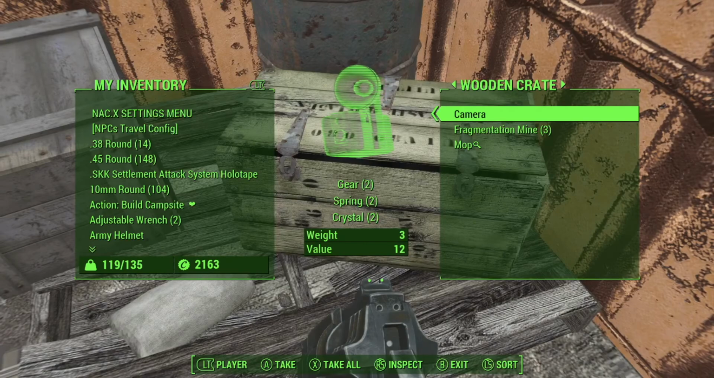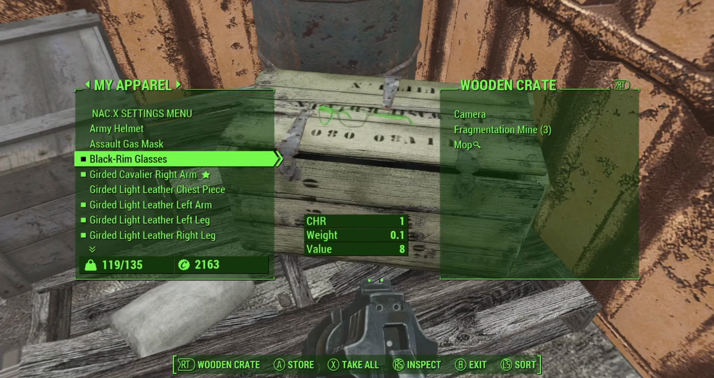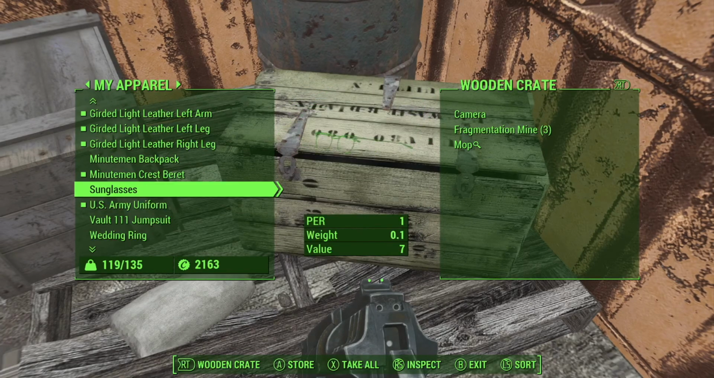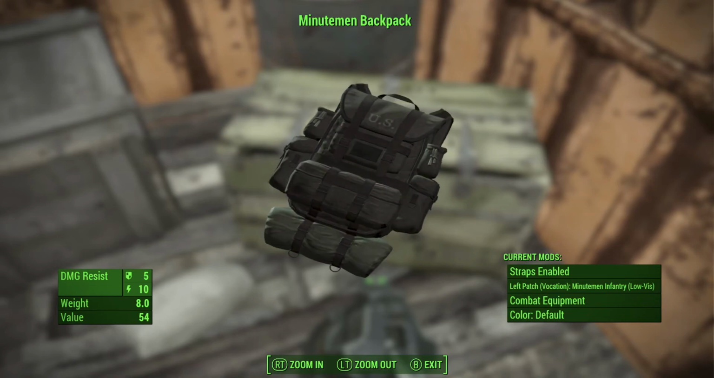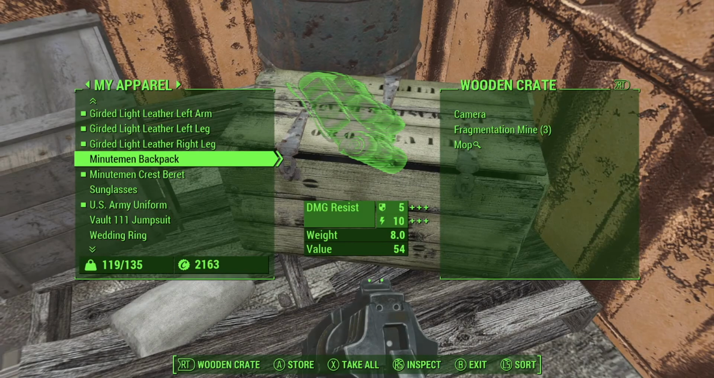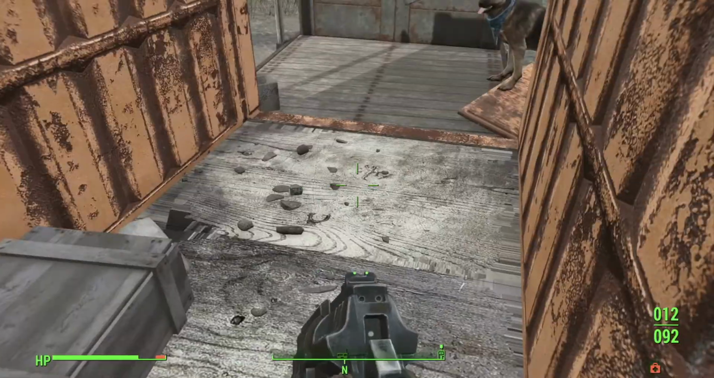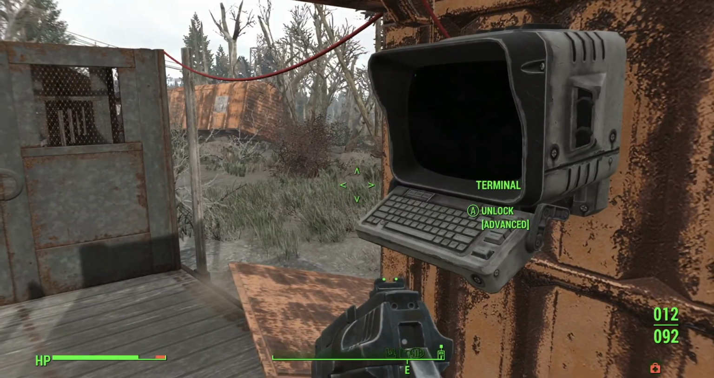Oh, camera, perfect. I needed that to upgrade my backpack because there's a modification that you can make at a workbench for this Minuteman backpack. You can see here I've got the combat equipment. You can make a version of that which has got stealth equipment, and what that does is it increases your sneak. So that's going to be really useful. But I need to pick up a Stealth Boy as well for that. So